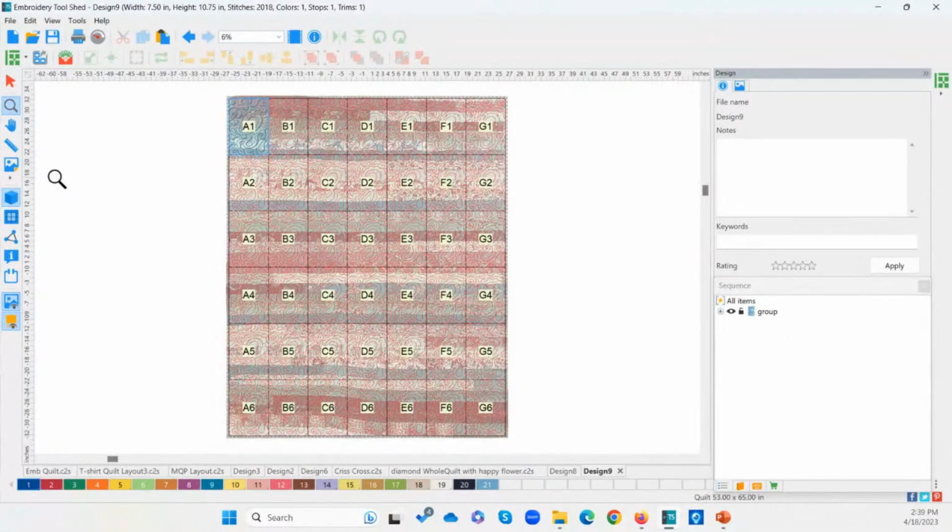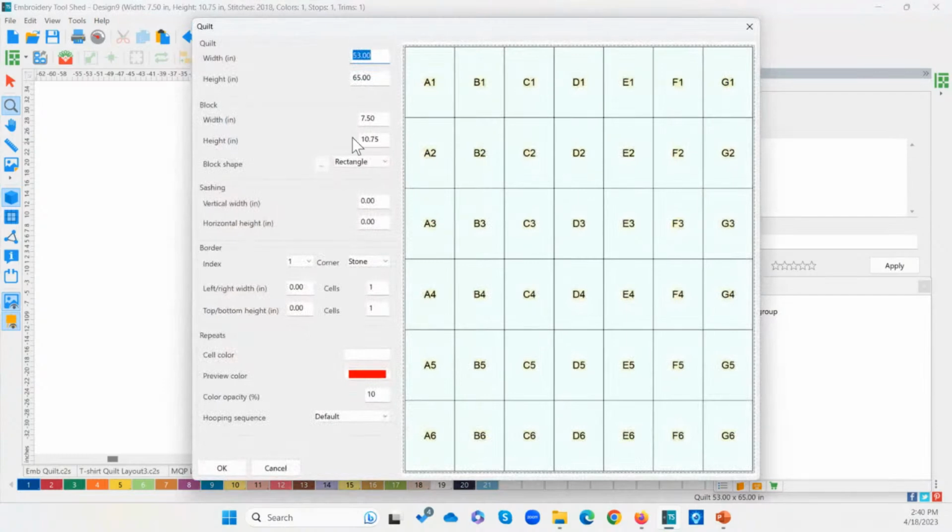And in this case, with this jelly roll quilt, I don't have specific blocks, so I don't have a setting here that is specific to a jelly roll quilt. Now you could do your blocks as the strips, and you could design, say, a whole row to break that up.